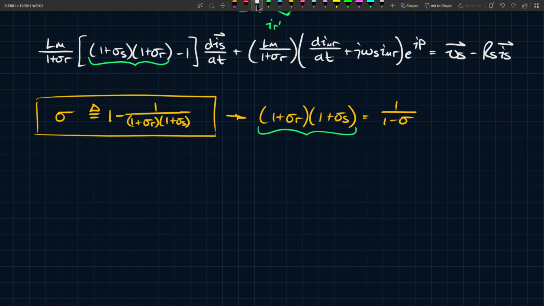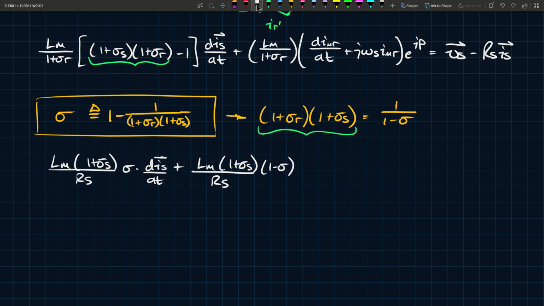But the equation that you end up with is Lm 1 plus sigma s over Rs sigma dis by dt, plus Lm 1 plus sigma s over Rs 1 minus sigma dimr by dt plus j omega